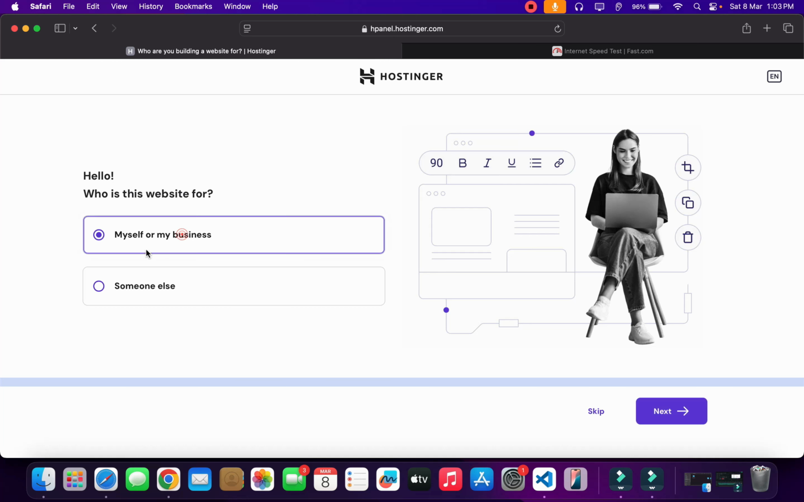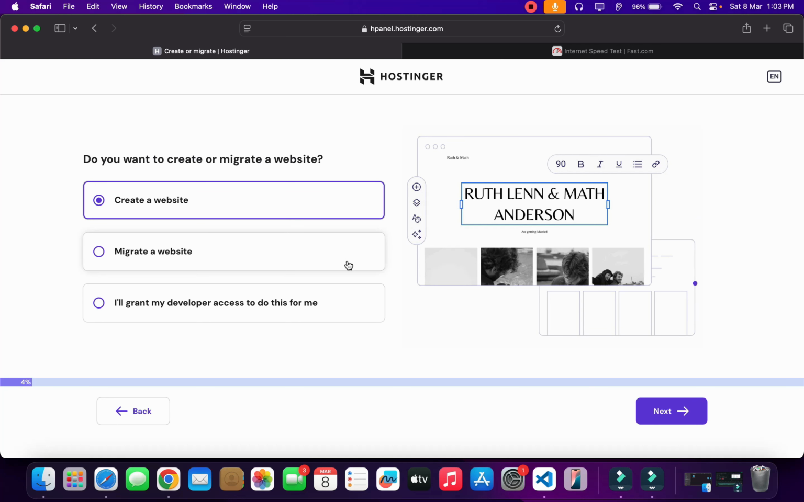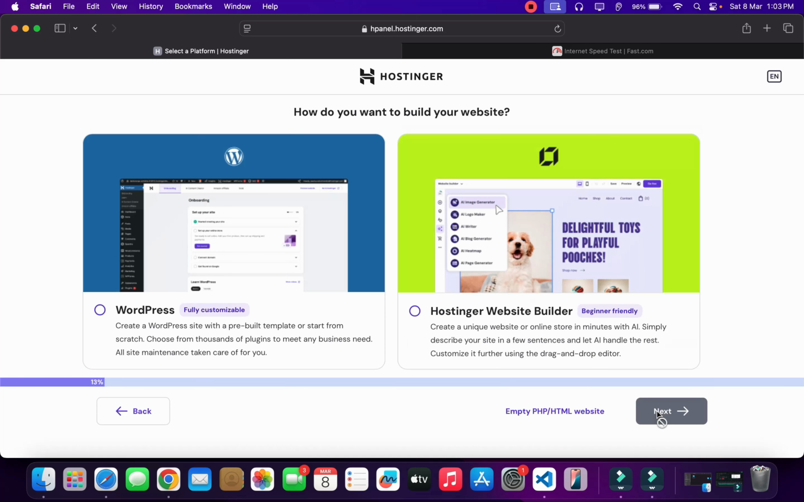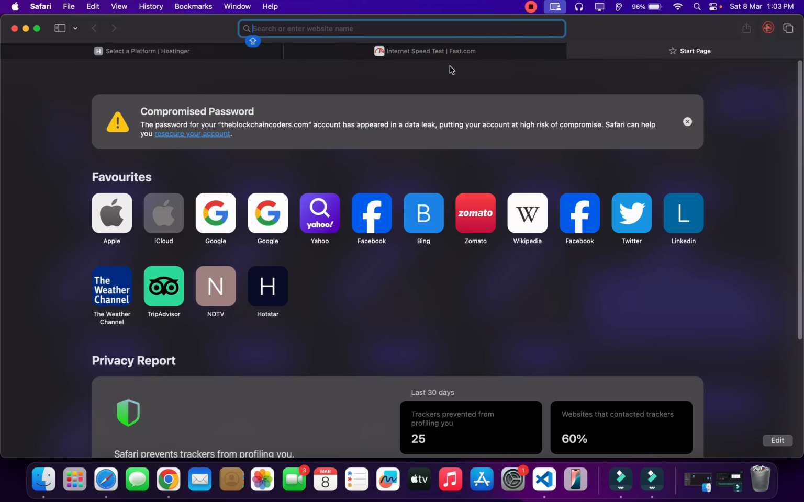So you can simply select my business, and you can simply click on next, and it will ask you a couple of things, like how you want to create, migrate a website, get a developer to do it for me, or you can simply go to this test. Here it will ask you to pick different providers, like if you want to use hosting or a website builder, or you can do anything. So what I will do, I'll simply come back here and open a new tab, because once you do that, you can simply come back here to Hostinger,